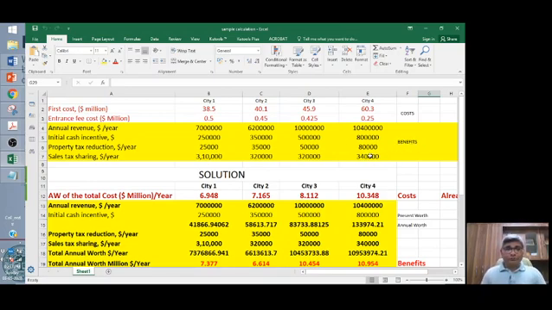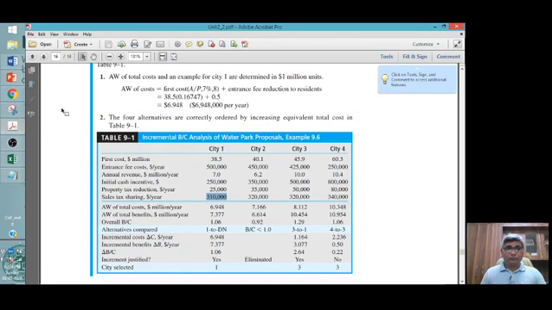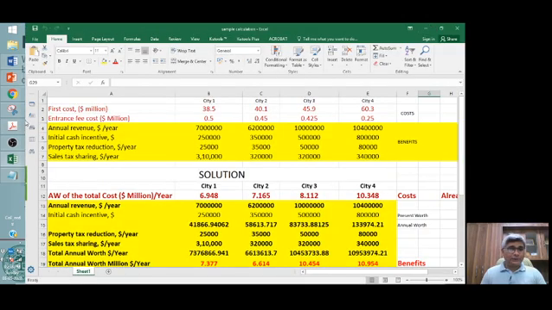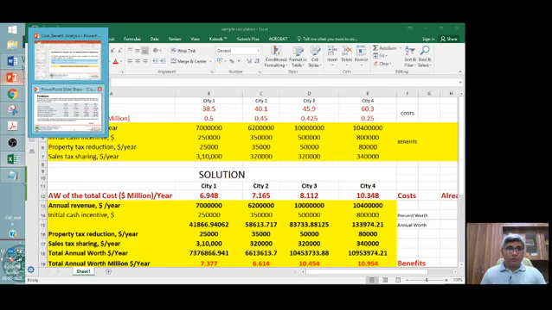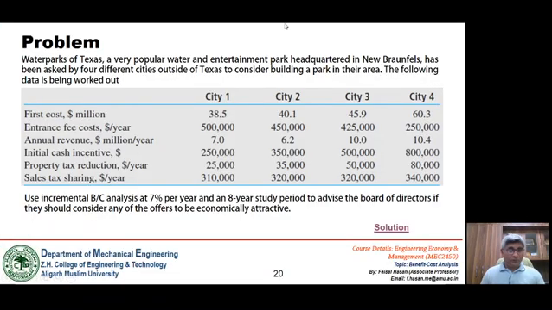Fine. Now if some values are given on a per year basis, either we convert all these things on a per year basis, or we convert all of them in the form of present worth. So let us choose an annual basis. If we convert this first cost on an annual basis, how can we do this? This is the first cost given, and the project life is given as 8 years.